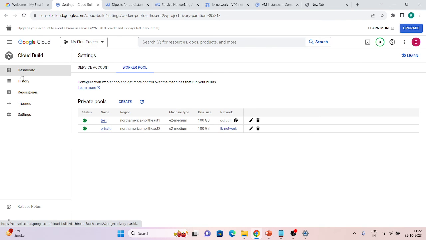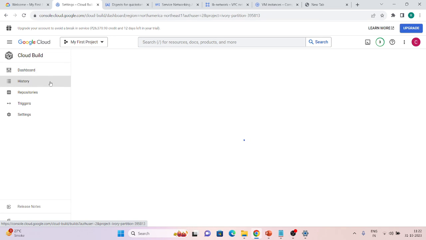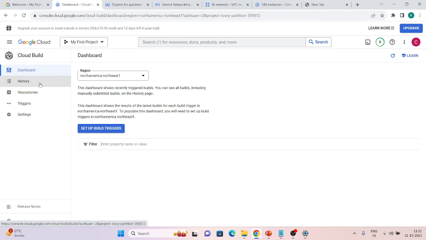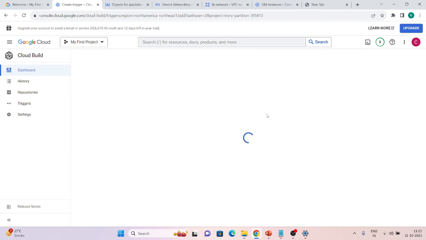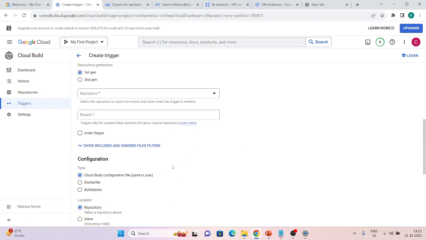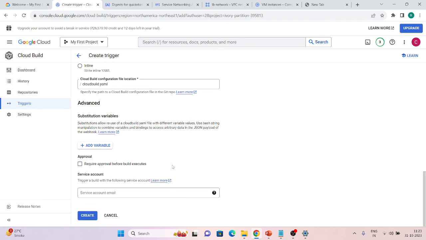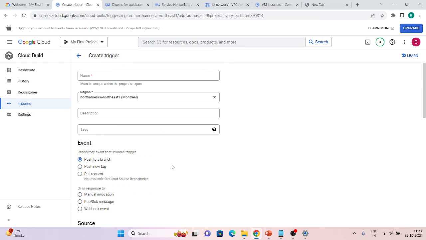In the next demo I will talk about how you can use secrets in this Cloud Build, and we will also talk about cloud builders and many more things provided by Cloud Build. We will also talk about setting up triggers, what triggers are and how they work, what options we have, which images we can use, and much more. And we will also see how we can deploy to multiple things like GKE and App Engine, and what other options we have.